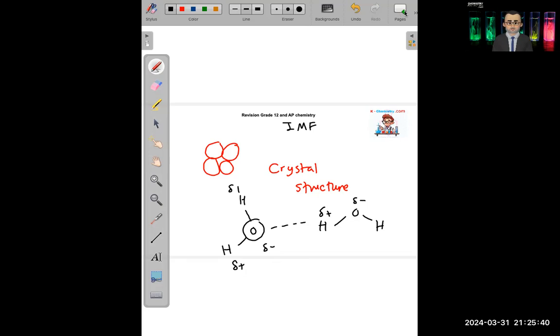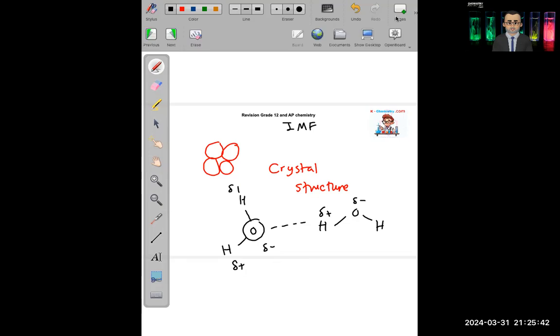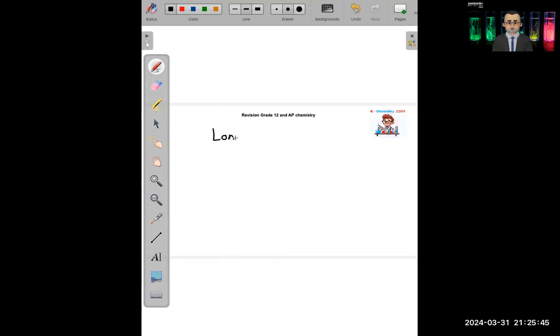The last type of the intermolecular forces is the London dispersion forces. London dispersion forces, sometimes known as LDF, is the type of intermolecular force which happens between all molecules, which means that any type of molecule will have LDF in it. Even if it has hydrogen bonding and dipole, it will still have London dispersion forces in it. They are very weak attraction forces,